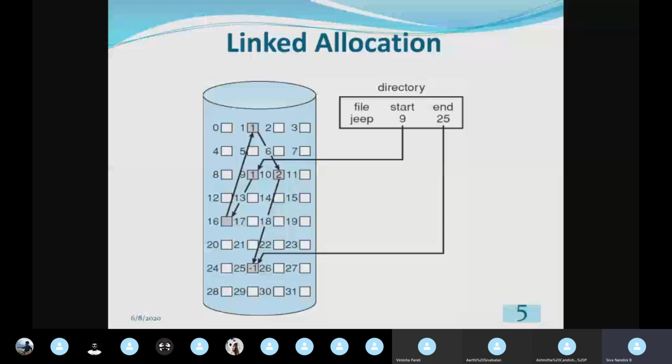In the directory also, what is given? Only the start and end logical block is given, not the route. So if an intermediate logical block is corrupted or became a bad block, reliability will become a problem in the case of linked allocation.